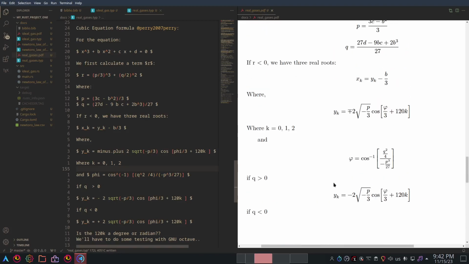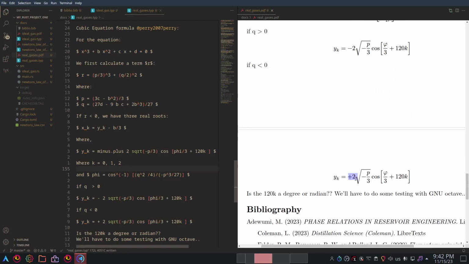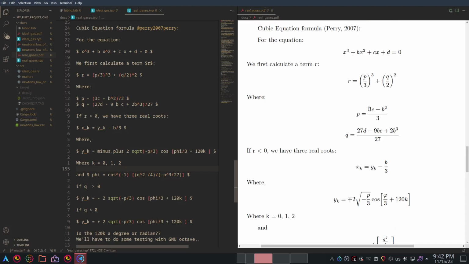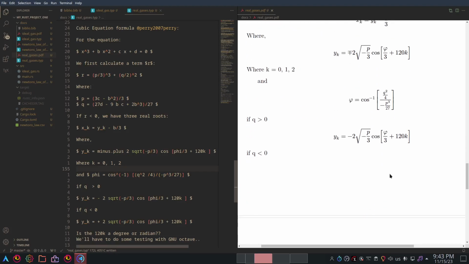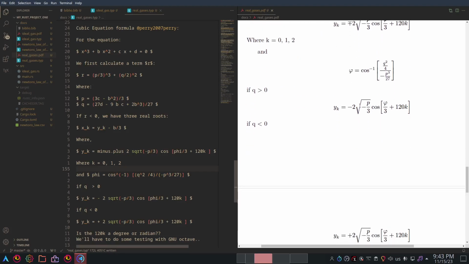Otherwise, yk equals 2 square root of minus p over 3, cosine of all of this here. Now p is this thing here, which may or may not be positive, but we'll find that out later. And as you can see here, there is minus p over 3, so that is